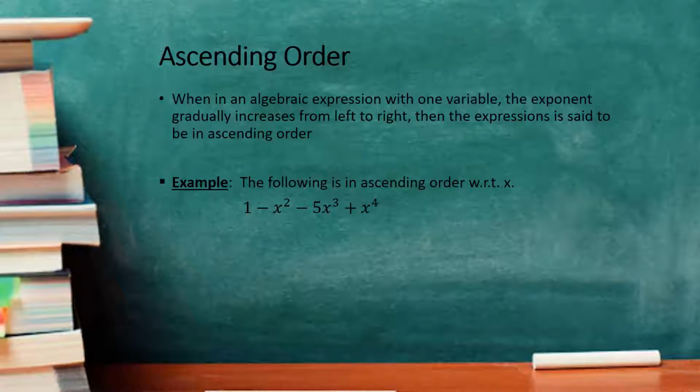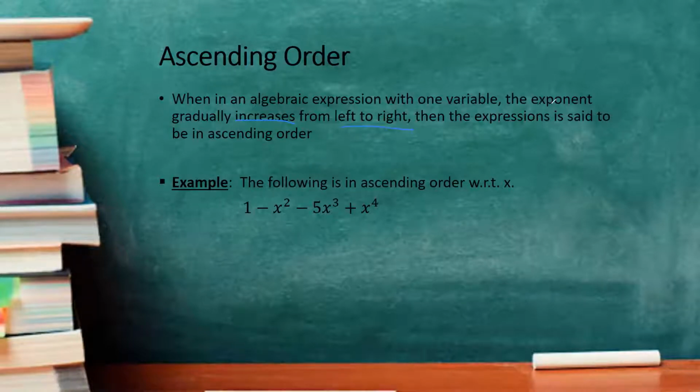So first of all, ascending order. Okay, ascending. What is the meaning of ascending? Ascending means when the power is increasing from left to right. वैसे ascending का मतलब क्या होता है? Gradually you are increasing something. ठीक है? Ascending means we are increasing, ascend कर रहे हैं. Increase होना. So increasing from left to right.